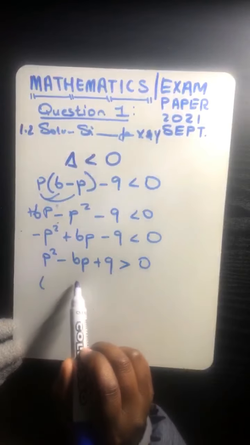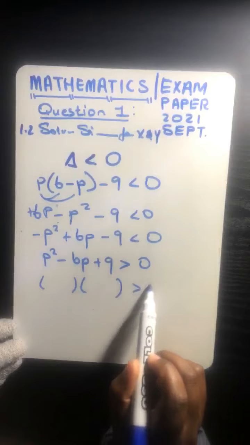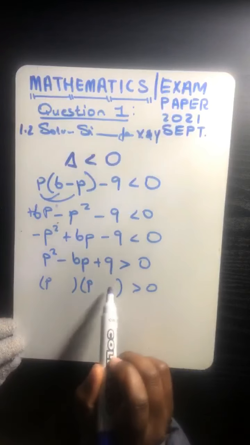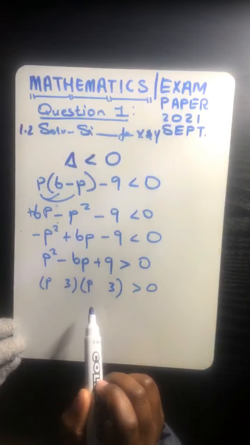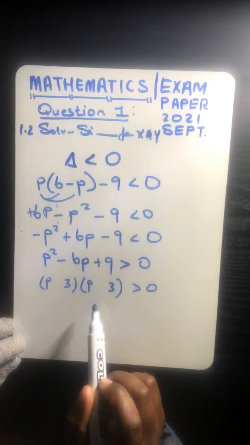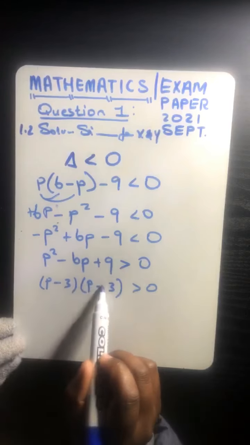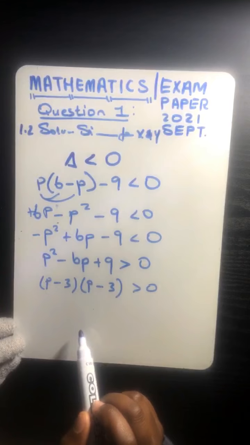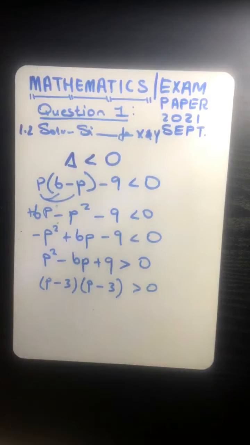And then from there, we can maybe try to factorize that. What are the factors there? So don't make a mistake of writing x there. So I think 3, when you multiply it by 3, it actually gives you what? Does it not give you 9? So when you have a negative and a negative over there, that's when it gives you negative that p over there. So in short, you can therefore notice that the factors over there, you are just having a p minus 3, and again you're having p minus 3 less than